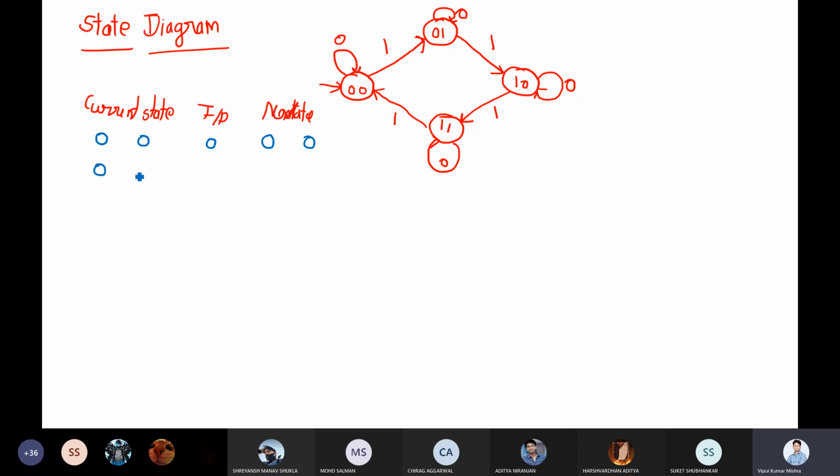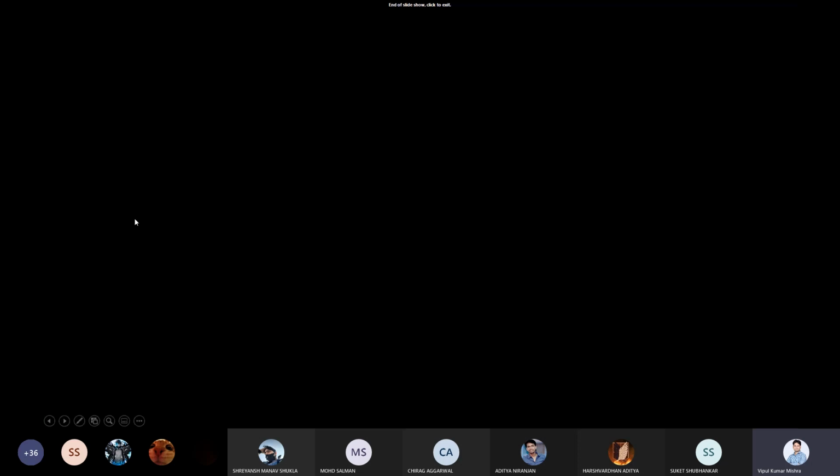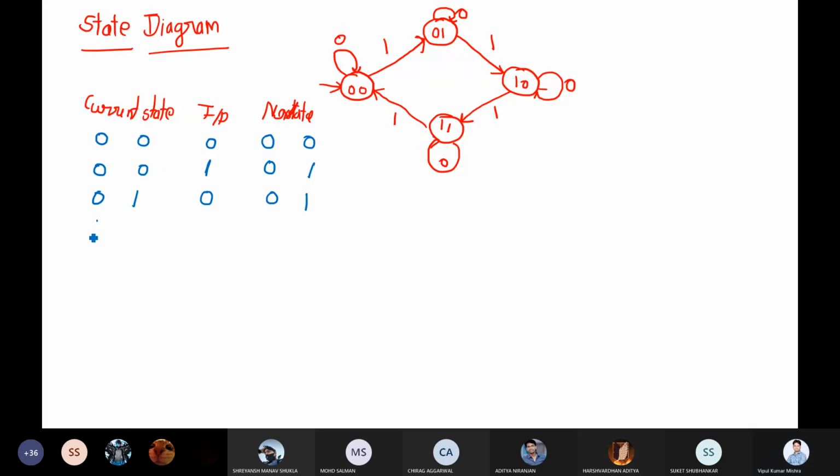Now, if you have the current state 00 and I am taking input as 1, what will be the next state? 01. Now, if your current state is 01 and I am giving input 0, what will be the next state? 01 only. Now I have state 01 and the input is 1.